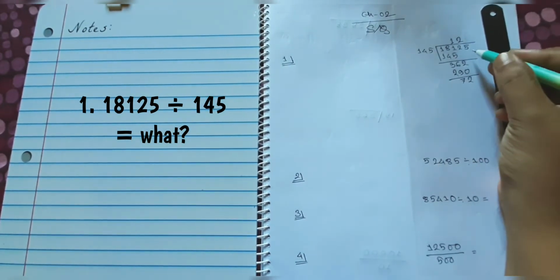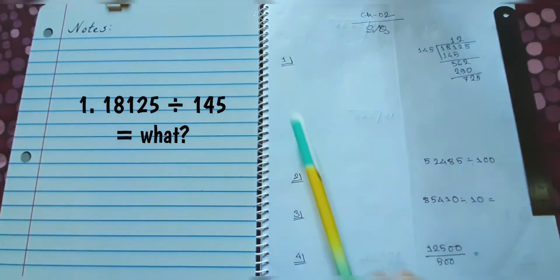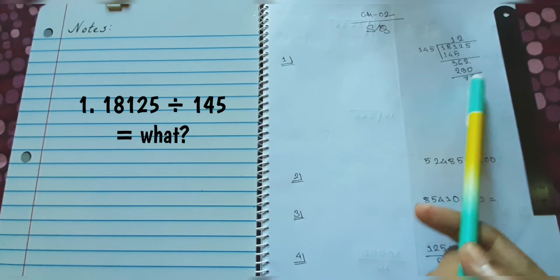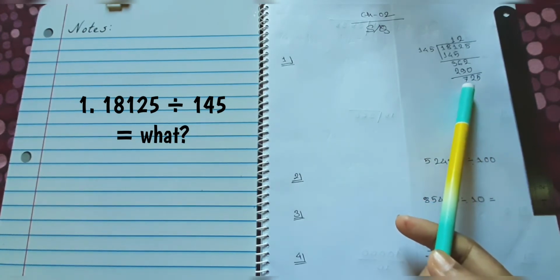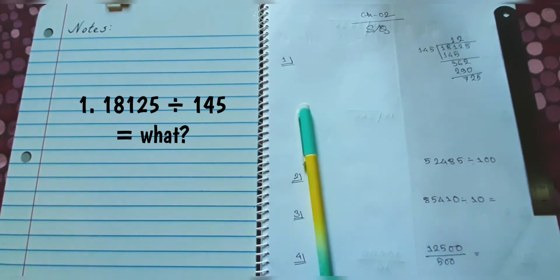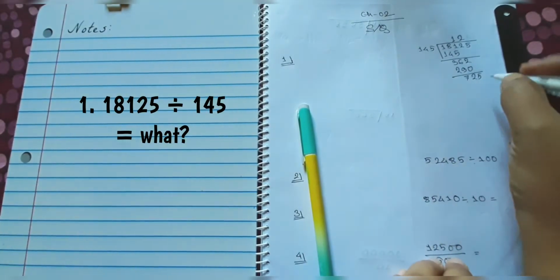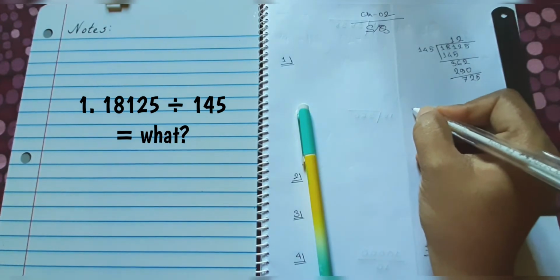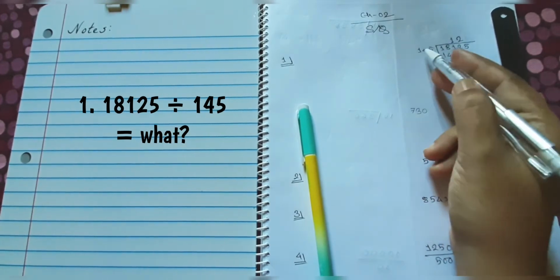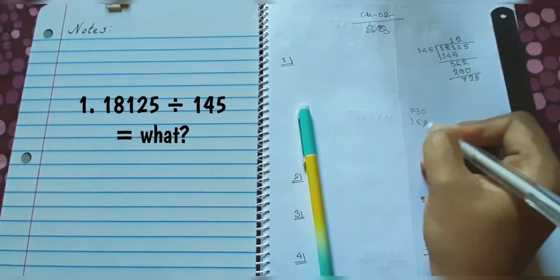Let me finish it. You can see I have done the subtraction, and now this 5 will come down. What we always do, actually not we, I try to teach you, is that we are going to take this one as a round figure. If you want to take this as a round figure, then it will become 730, and this one if you take it, then it will become 150, cutting down the 0.